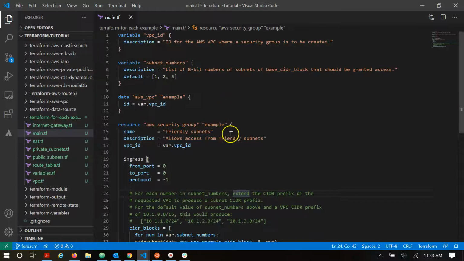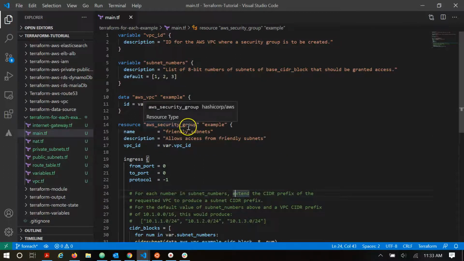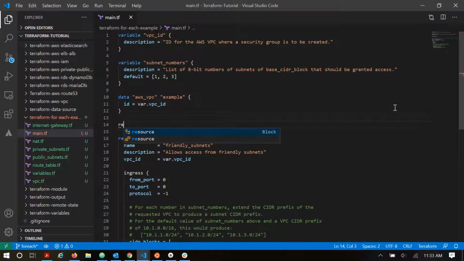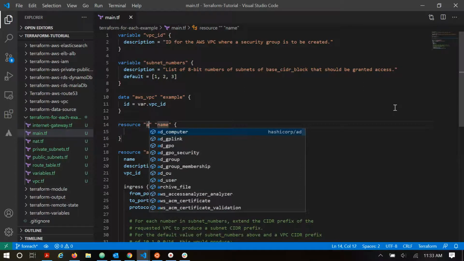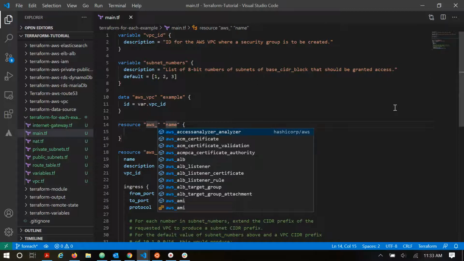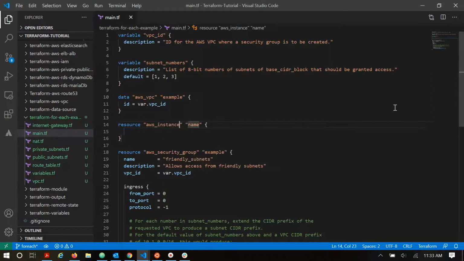So you can use different syntax over here. If you want to take an example, let's start here. If I want to create a new resource, I'm just adding resource, and it will give the suggestion here. For the resource type, I'm just typing AWS. I want an instance or AMI, so it gives help here. If you go for the instance and just type the name, it will automatically take the help here.